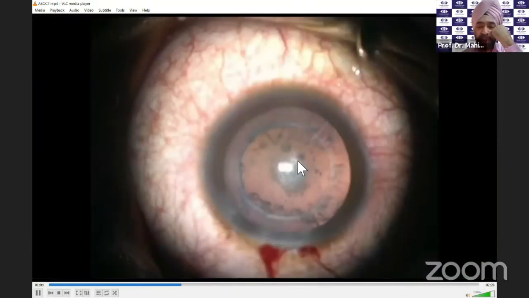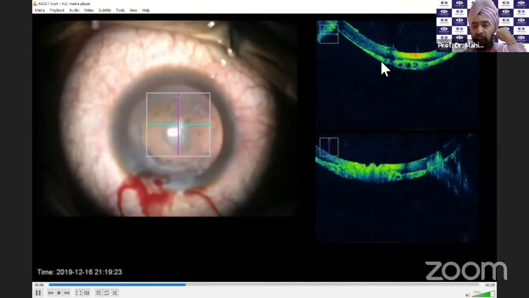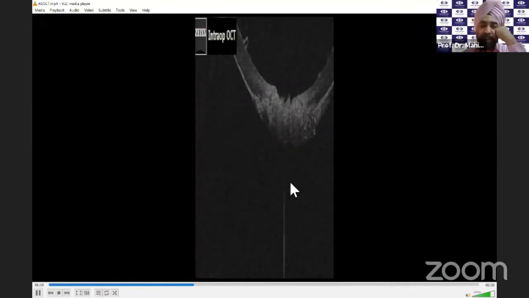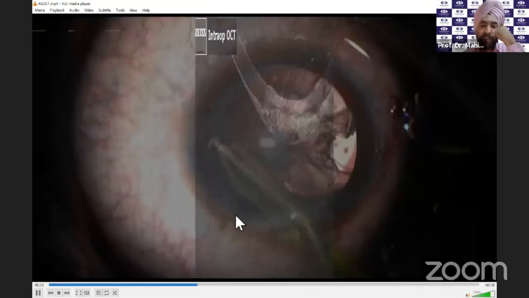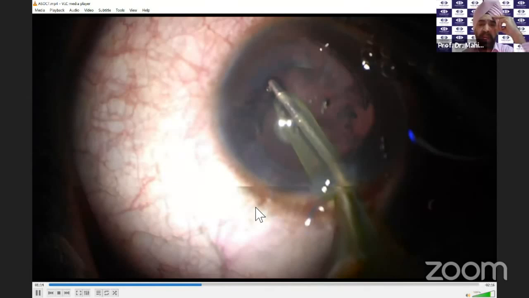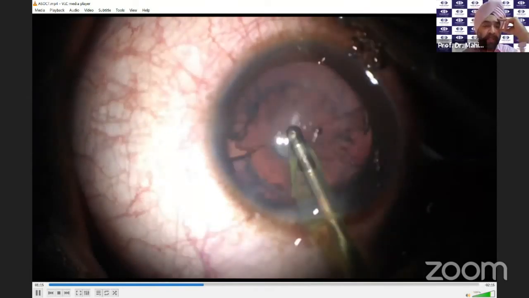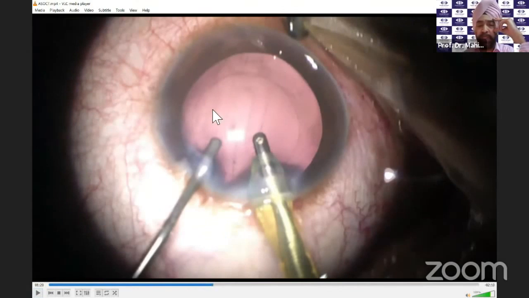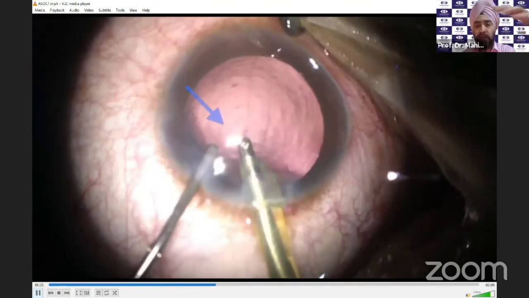Now you can see this is a defect. Again you can see this is the defect. So Dr. Namrata is pretty good at these things, but you can see that these are the intra-op OCT defect that is there. And we have been able to remove the nucleus because it was pre-chopped. And just watch here that the moment you are taking it out, this whole defect appears. So as Mohan said, we are putting a viscoelastic in there. And once we have viscoelastic, you can see that we are not allowing the vitreous to come.